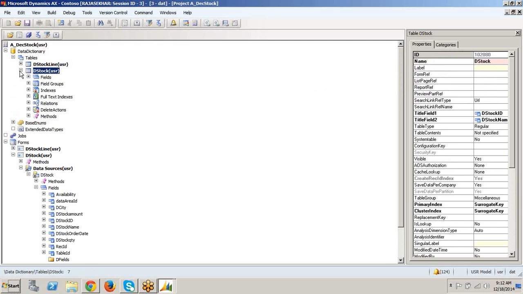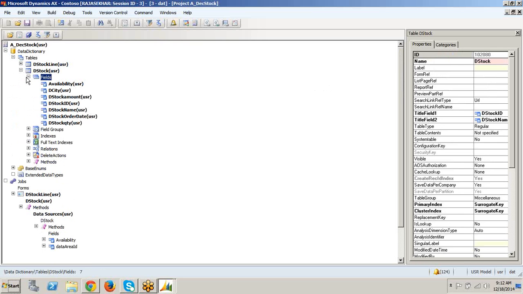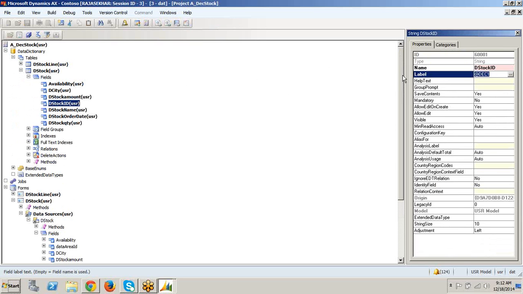Say for dstock I put the label as Rajesh, and in some other project I add this table. What will be the label text for dstock ID then? If you are using the same field, whatever label you give in the label file ID will come on that form.